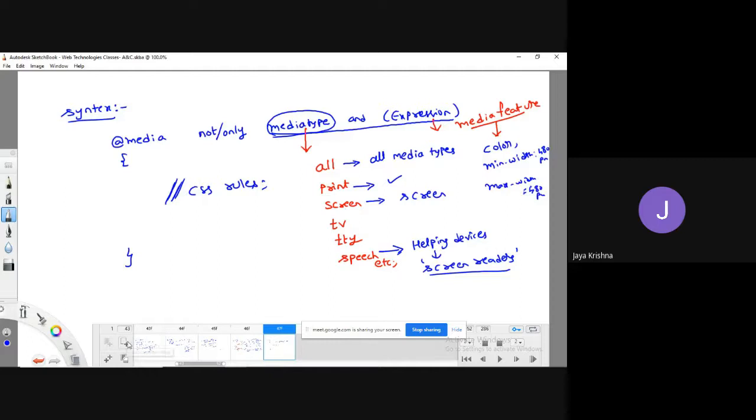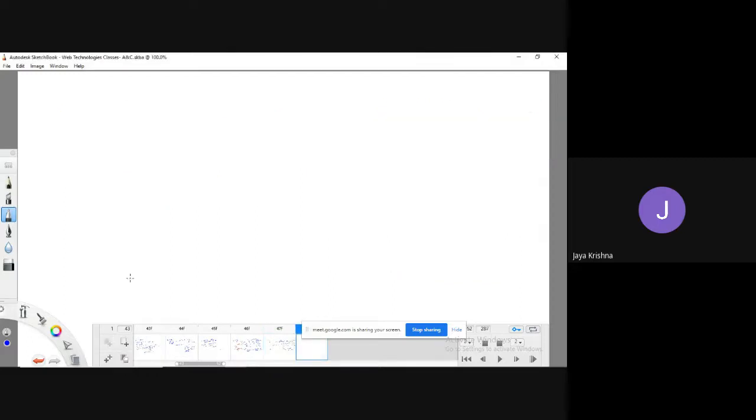So guys, I am going a little bit fast. Let me take another one. What does this expression mean? It is a kind of Boolean expression. It defines a media feature.